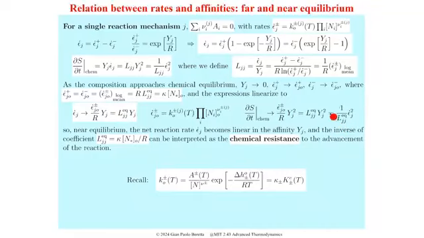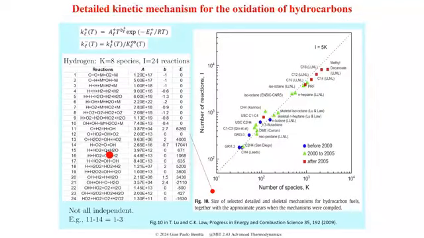The higher this is, it means the lower the L, and therefore for a given disequilibrium, because the affinity is disequilibrium, for a given disequilibrium, you have a lesser rate towards equilibrium. Okay. Now, in practice, we have seen, like in this example that we've discussed a few times, hydrogen,